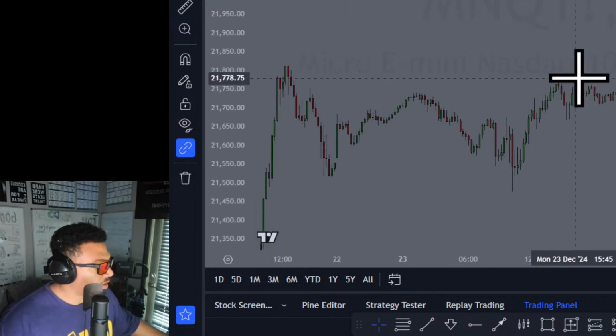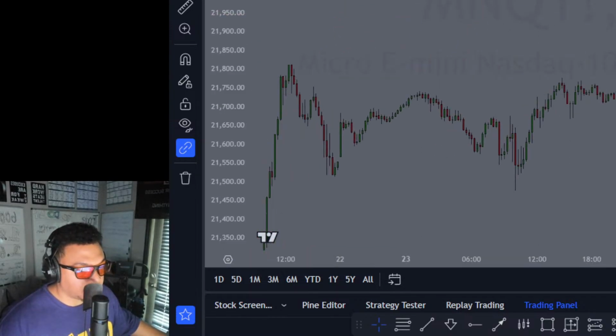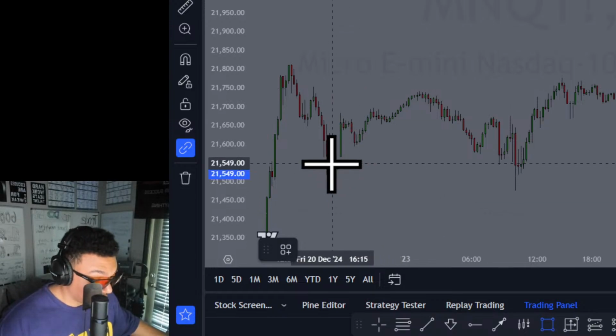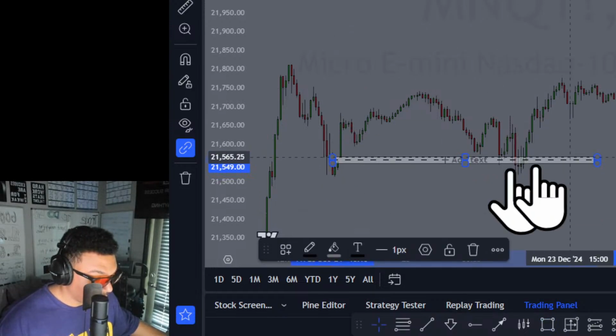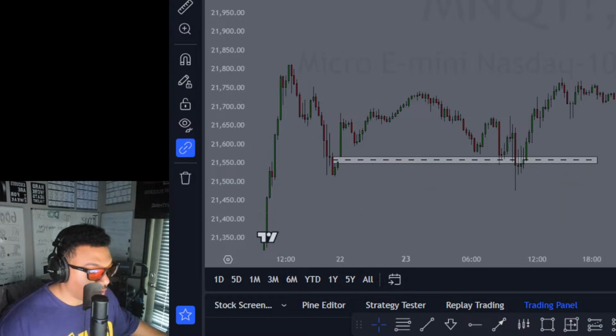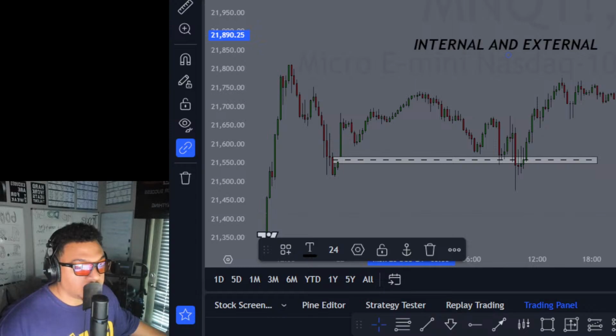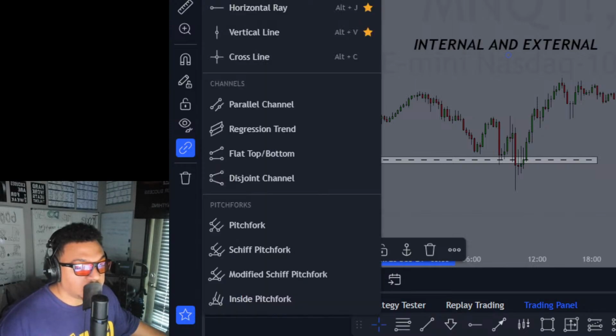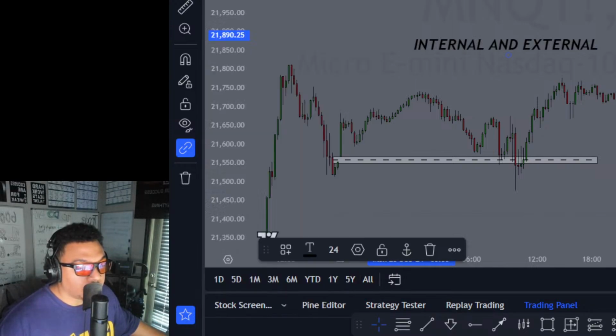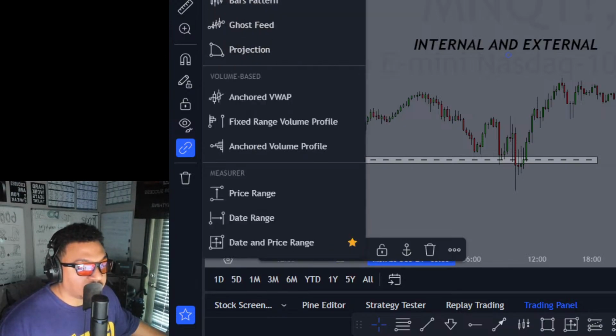Okay, here's an example of liquidity. There's plenty of examples, but I want to give a kind of obvious one. When price gapped up here, this created a level of internal liquidity, right? What happens is after internal liquidity is hit, what we typically see is we go back to external liquidity. So you want to approach the market with that mindset on any time frame.